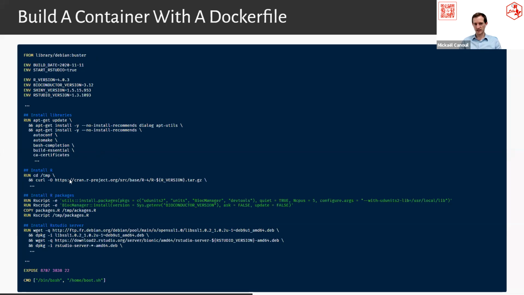I want to install, obviously, R. Here, I even have an environment variable which says I want the 4.0.3 version and different things. Here I also had a setup to install a lot of R packages that were used in my lab. I don't list the file here, but it was a few hundred packages.